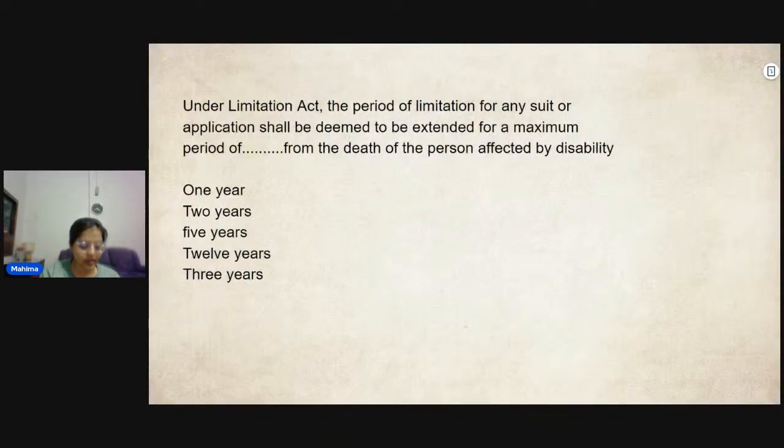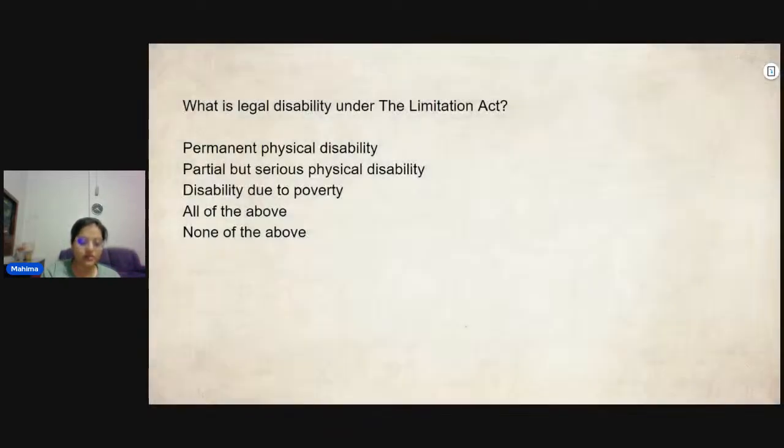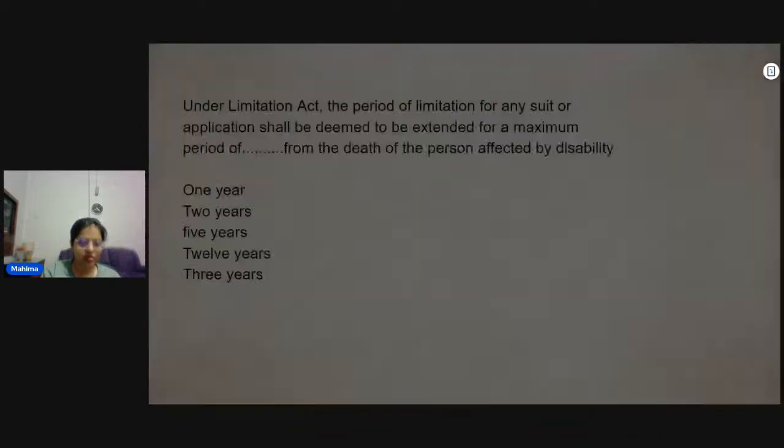Do you guys have any doubts for the previous question? If yes, please mention the doubts in the chat box. Insanity is a kind of disability. It is both, like, this is not physical cruelty or mental cruelty. Do not relate it to that. So partial disability is also included, whether it is serious or not doesn't matter. Partial disability is also included. Disability due to poverty is included. Yes, I still have a doubt. Please ask, Kritika. Please write it on the comment box.